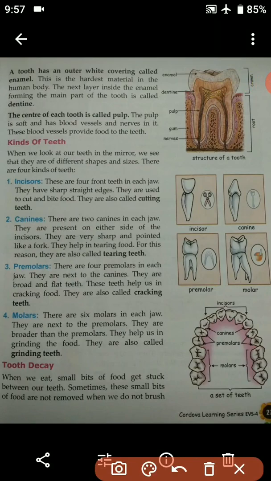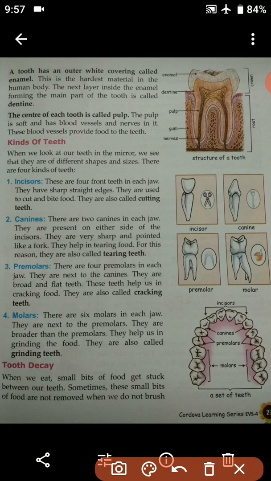So students, we are going through chapter 7 and the name of the chapter is Teeth and Tongue. In our last class we have already completed the different functions of teeth and changing teeth. Now we are going to complete the topic that was half done in your last class, that is the structure of a tooth. Before starting this topic, let me just give you an overview from your last class, okay?